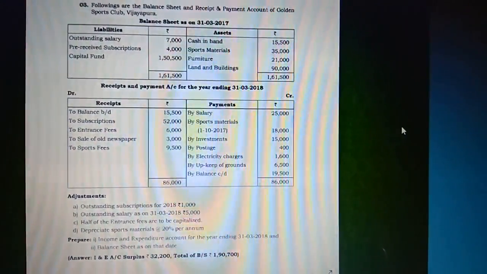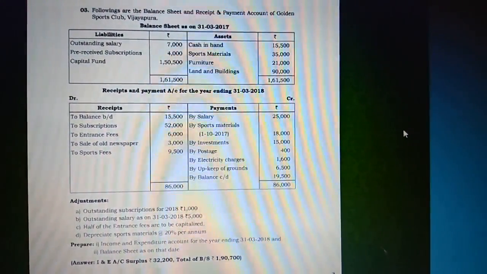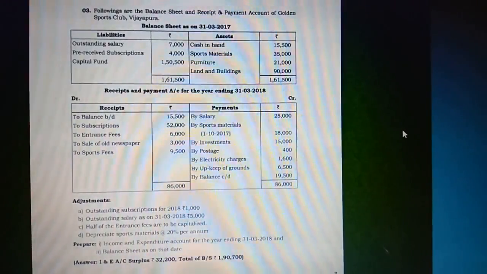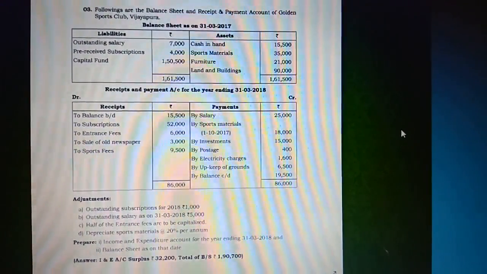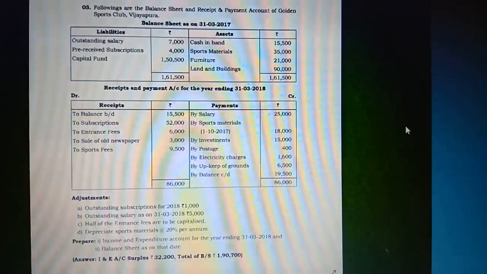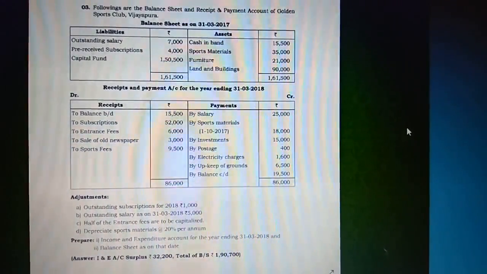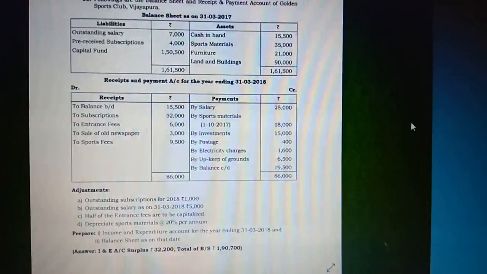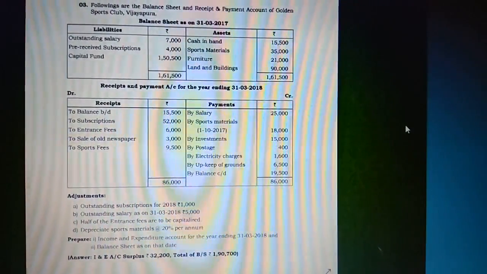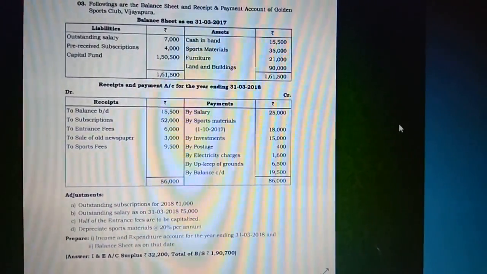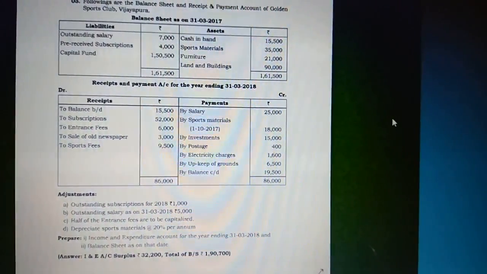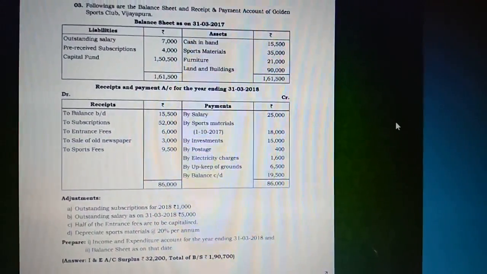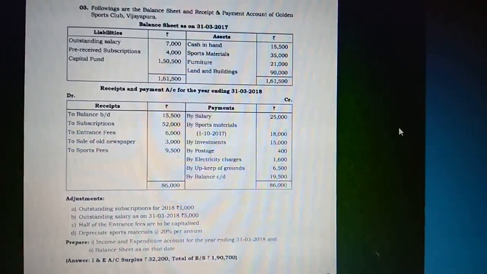Hi students, coming up for today's video, we are going to see the balance sheet, the remaining part which is left out with the continuation of the previous video of exercise 3. So let us just see how the question is. We have completed all yesterday related to the income and expenditure account, but today for the balance sheet we have to just concentrate on those items that are required for the balance sheet.